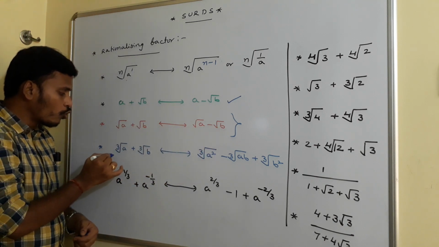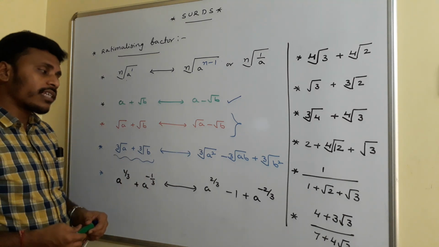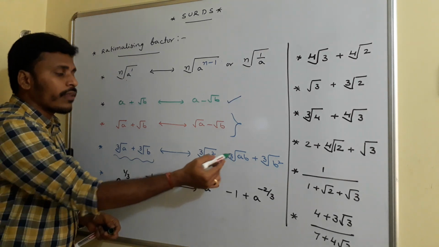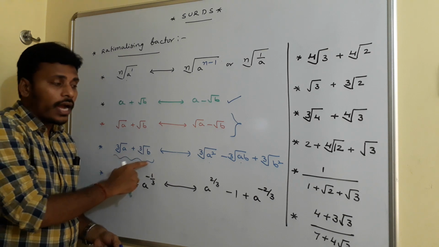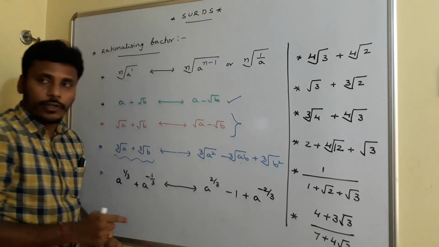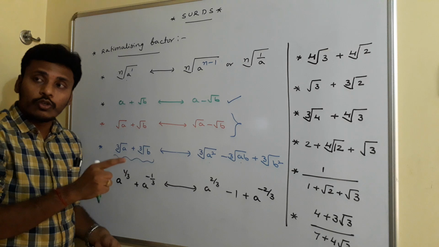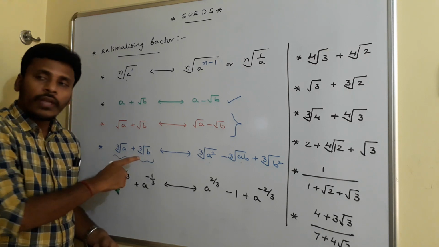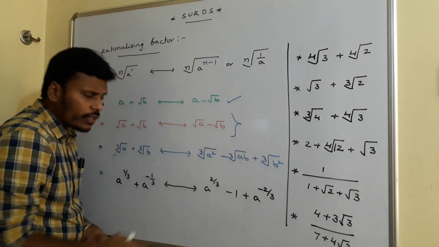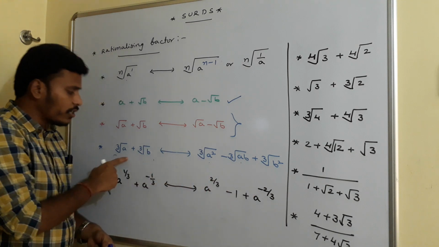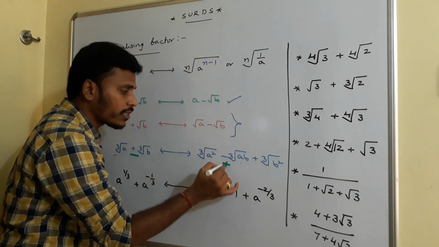Whereas for cube root of a plus cube root of b, the rationalizing factor is cube root of a square minus cube root of ab plus cube root of b square. If you say this is x plus y, the factor looks like x square minus xy plus y square. So x plus y into x square minus xy plus y square is x cube plus y cube, which removes the cube roots, and you get a rational number. The rationalizing factor for this surd is that trinomial, and vice versa. If you have a minus sign here, then you will get a plus sign there.